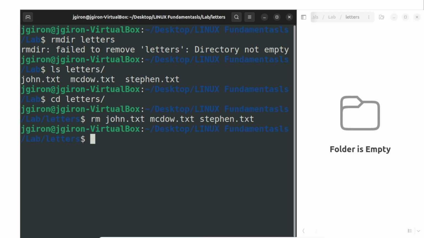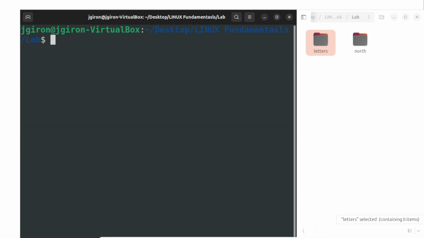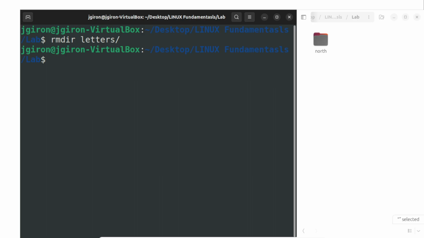So now our letters folder is completely empty, as you can see here. So now let's go back in our terminal as well, and let's try it again. rmdir, or remove directory, and let's type letters, click enter. Now it worked. And this is because, once again, this is a much safer way for deleting or dealing with